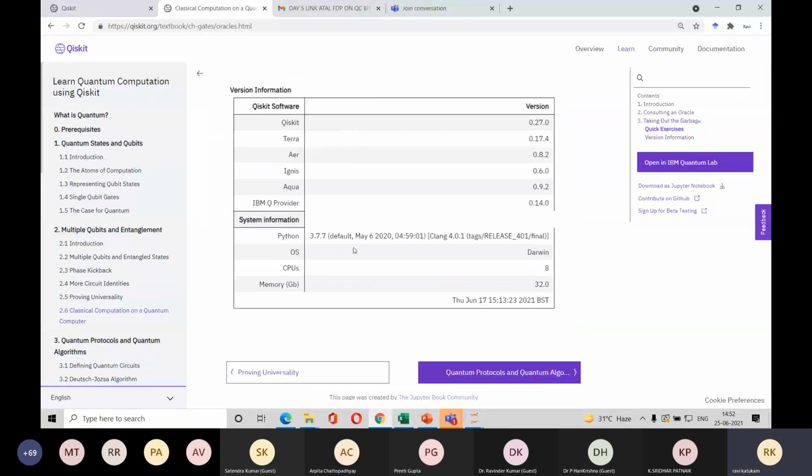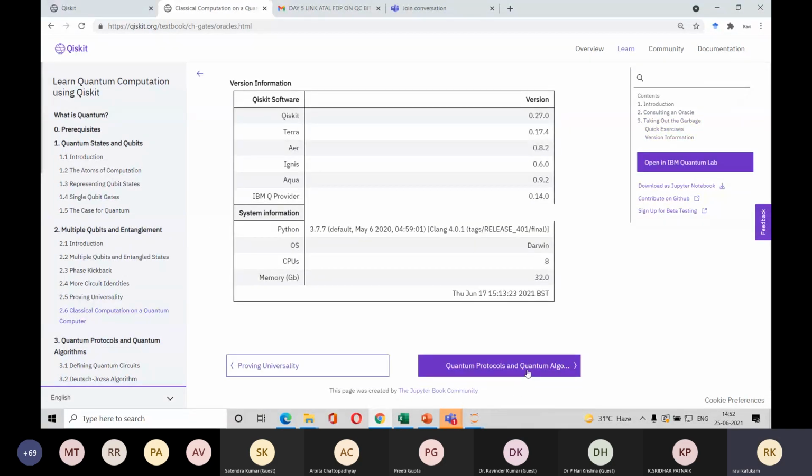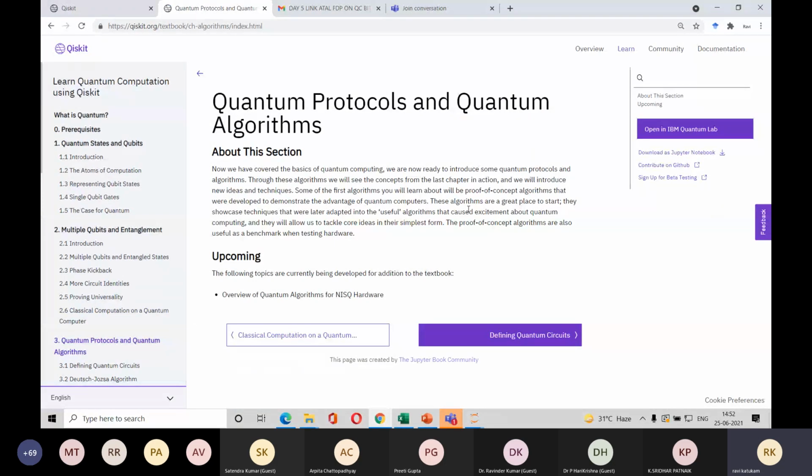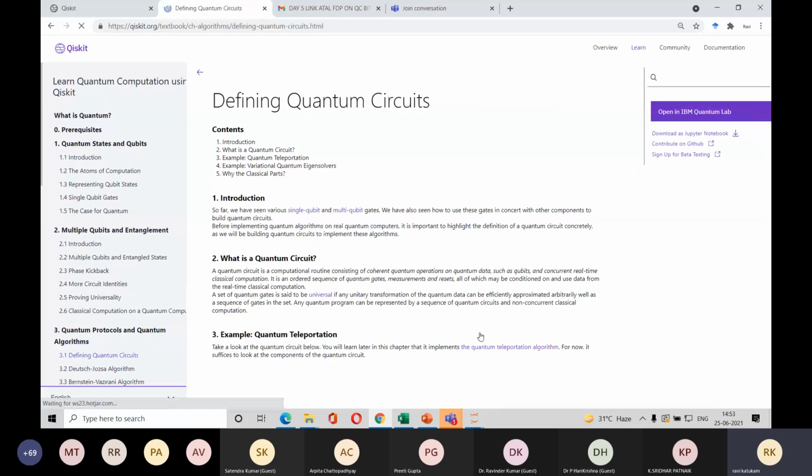So these are all some mathematical descriptions. Then what you have is quantum protocols and quantum algorithms. This is important. By systematically following certain steps of manipulating the quantum systems, people have come out with certain protocols, certain algorithms, and this set of algorithms could successfully prove the quantum advantage.